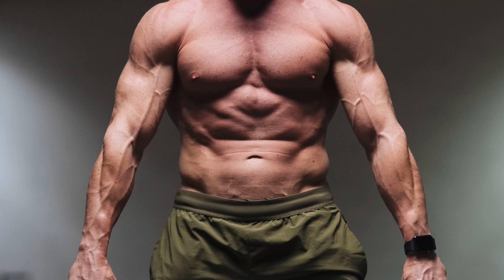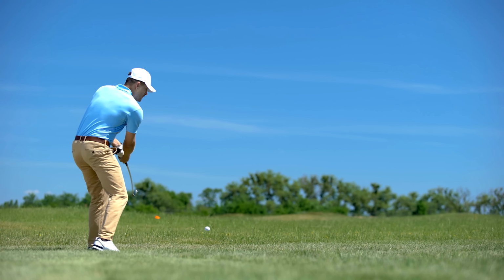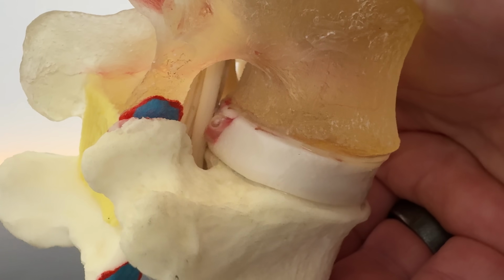So that means you and Thor started out with roughly the same lumbar disc structure and strength. I say this to dispel the myth that you've got bad discs or your discs are weak. What I see most commonly in my clinic is not bad discs, but people that don't know how to use their back properly and repeatedly injure their lumbar discs hour after hour each day without knowing it. Until one day, their body 100% lets them know it by creating intense back pain, muscle spasms, and many times